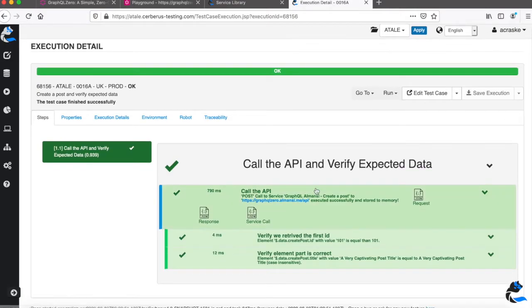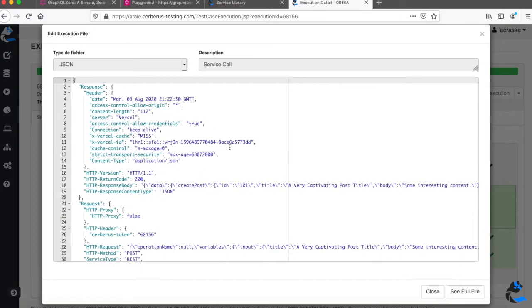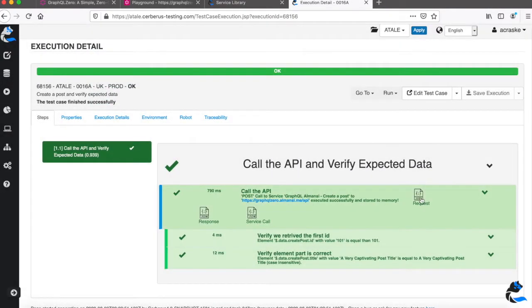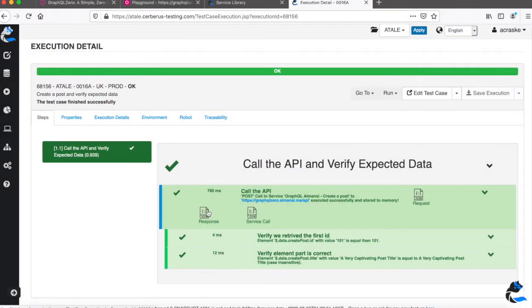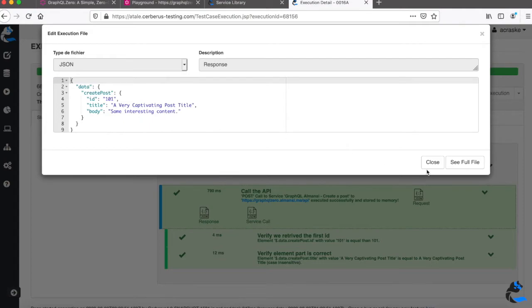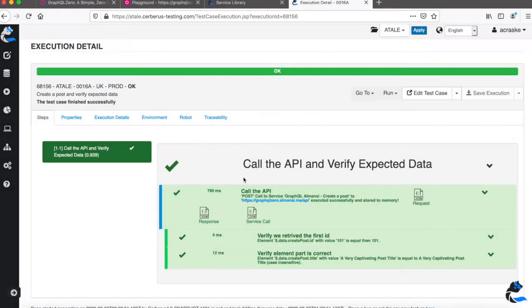Okay, and same as before, we find here the call made. We have also access to the requests that have been sent, and we also can configure the response here. Okay, and now what we'll share is how you want to scale this type of testing. For example, let's say you have a different environment, a different set of test cases you implement. So this is what we'll share.